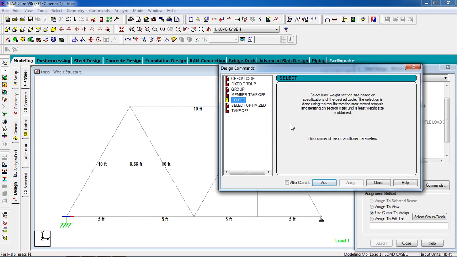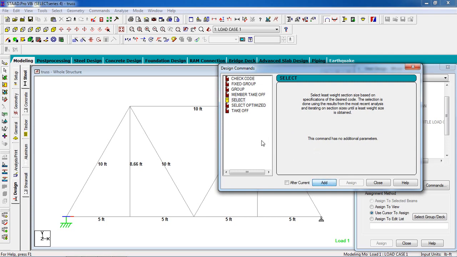Now say I have given a property much larger than the suitable property. Now the code will decide whether the property is right or wrong. If the property is not economical, then the code will give the economical property. This is the purpose of select.